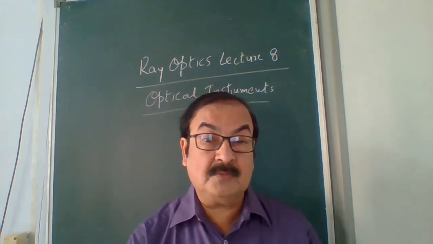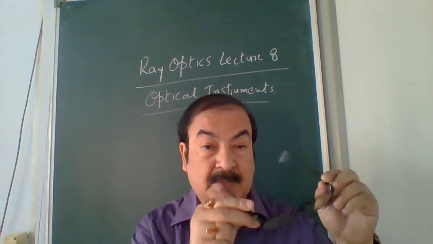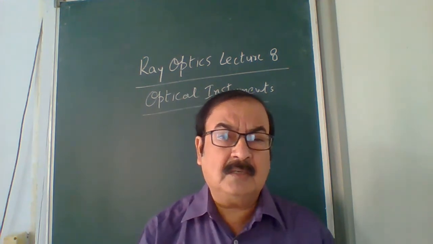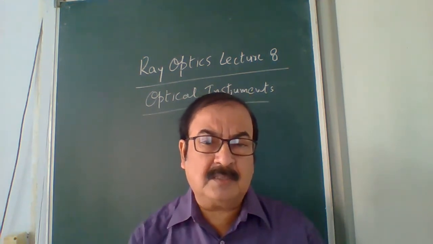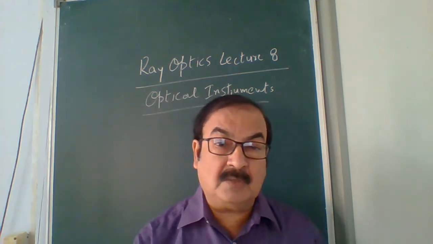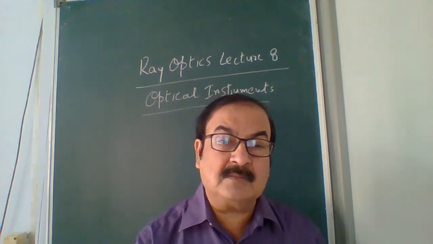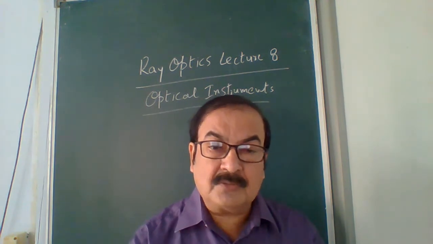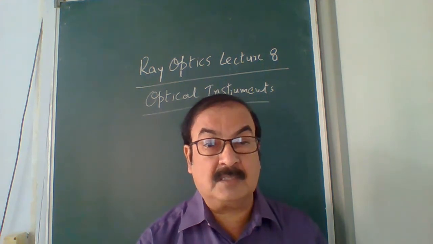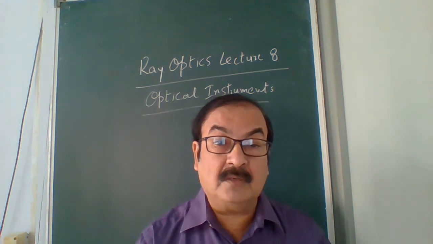What are the optical instruments? Our human eye is also an optical instrument. We have this spectacle, which is also an optical instrument. When we see a telescope to see any distant star or planets, there also we use an optical instrument, a telescope. When we research bacteria through a microscope, that is also an optical instrument. Electron microscopes are very much used in higher research, nanotechnology, and others. They are also kinds of optical instruments.